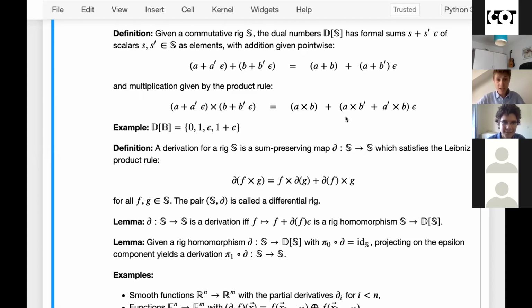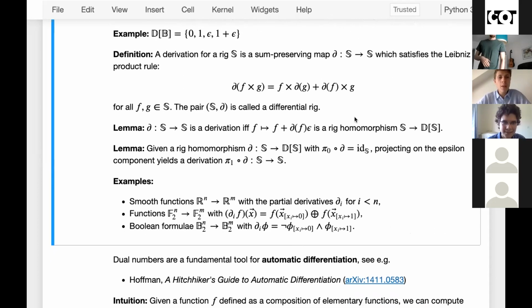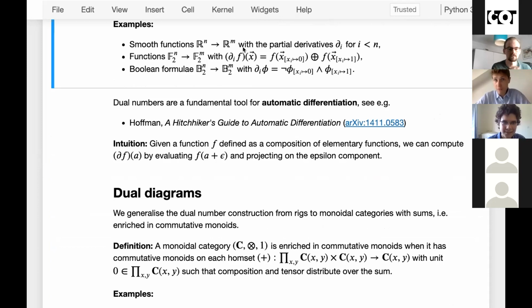Another way of saying the same thing is that if you map f to f plus the derivative of f times epsilon, you get a rig homomorphism from S into its dual number construction. And the connection also goes the other way around: if you take a homomorphism from S to D of S, such that projecting on the real component gives the identity on S, then projecting on the epsilon component will give us a derivation. So that's a way of linking derivations and the dual number construction. I will use either the homomorphism notation or the dual number construction equivalently. The motivating example would be the smooth functions from R^n to R^m,